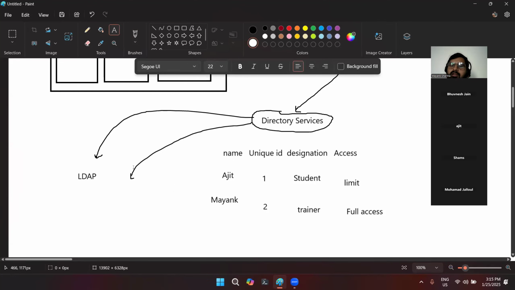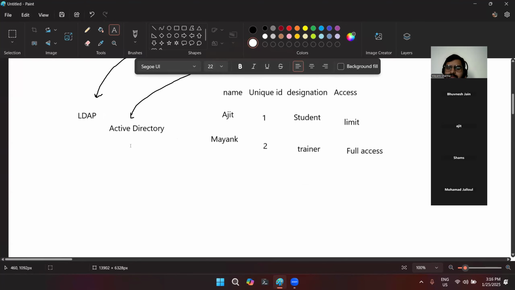In many of the sites, Active Directory is used. Active Directory is provided by Microsoft, and it is one of their hero products, where most organizations used Active Directory in the initial days. Microsoft gave a particular software called Active Directory.